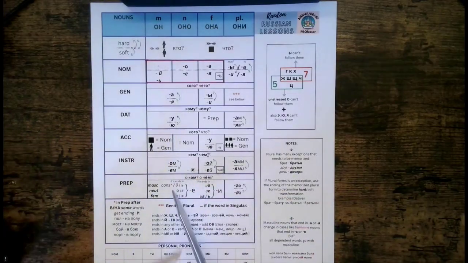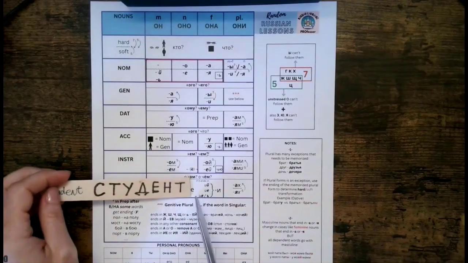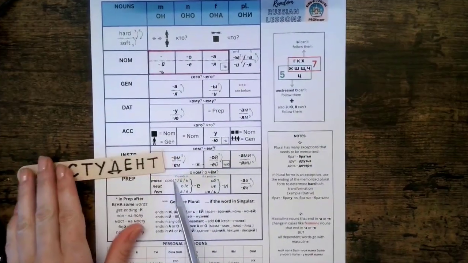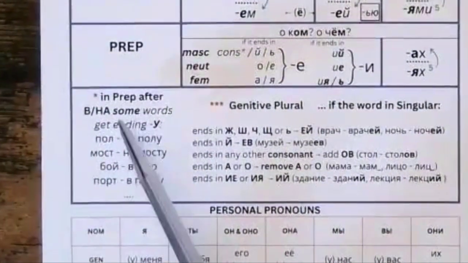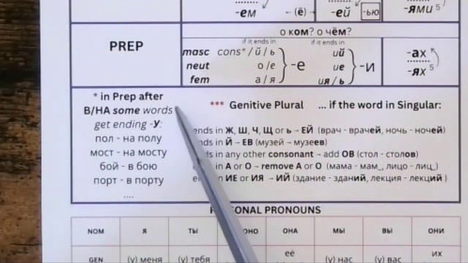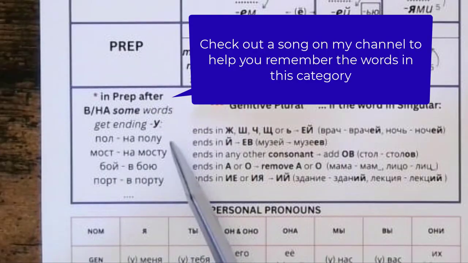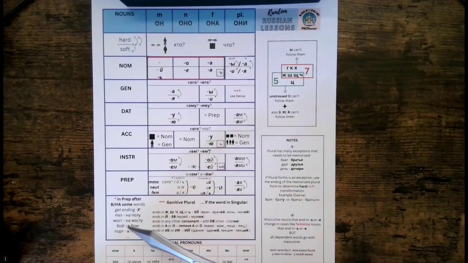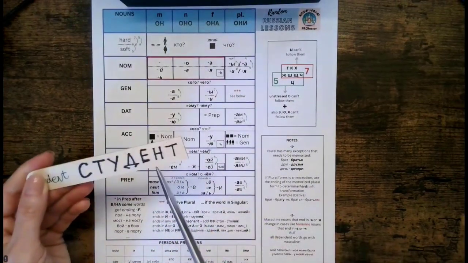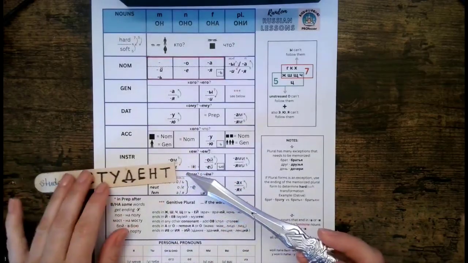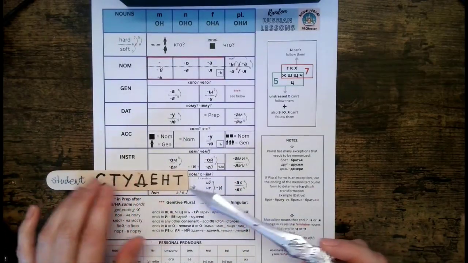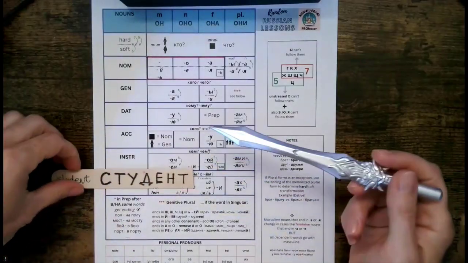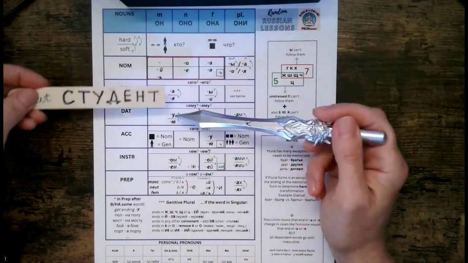And finally, we go to the prepositional. Prepositional, as you can see, has a little bit of a different structure. So here we can say if a masculine ends in a consonant, we get the ending ye, studiente. Now we have a little asterisk here, so let's read it. In prepositional after v, na, some words get the ending u. Пол на полу, мост на мосту, бой в бою, порт в порту, and some others. It's a pretty limited set of words, and student is not part of it. And most words are actually not. So we're just going with the regular ending, studiente. So once again, student, studenta, studentu,